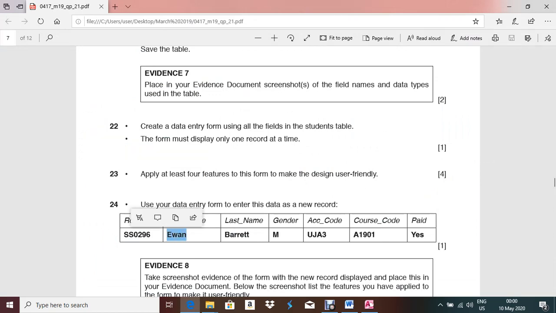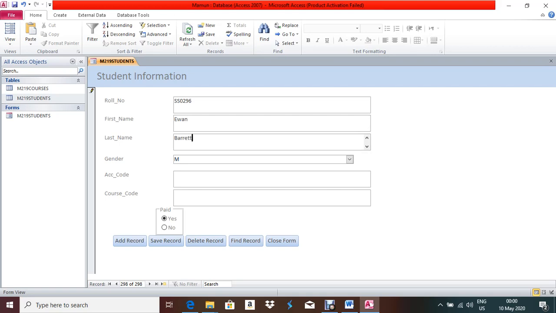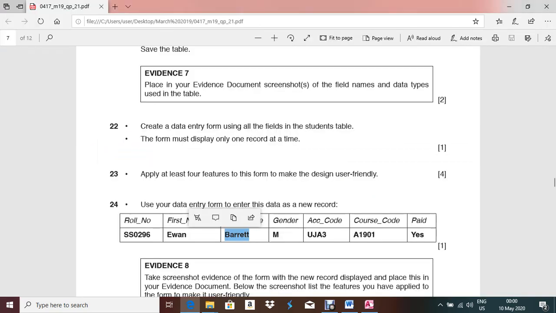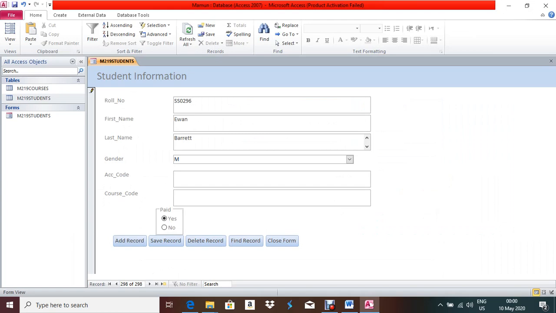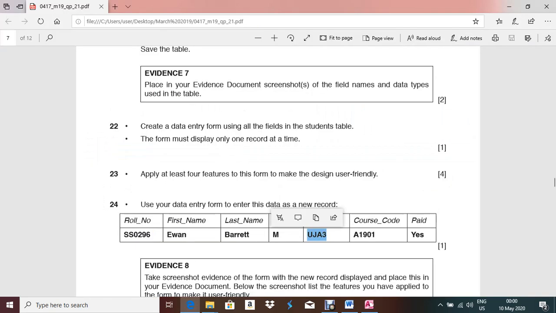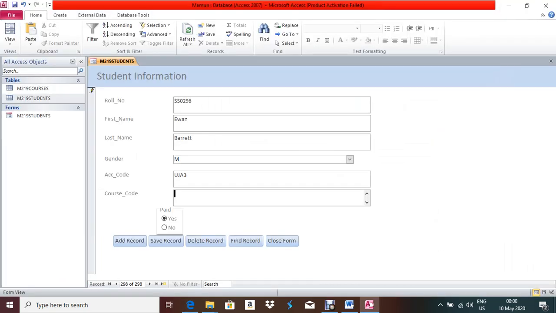First name, put your first name, then last name, you can select, it is already selected male, then SSC code, Control V, and next one is this one, and it should be yes. Okay, before saving the record, 298 it will come.